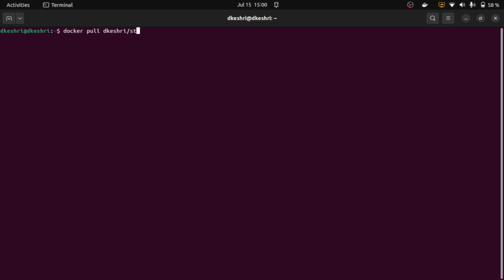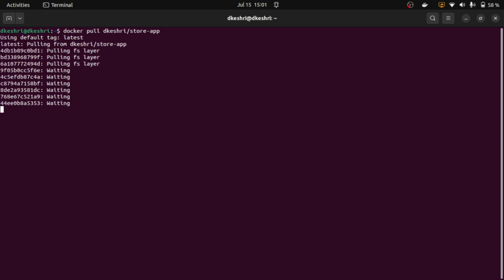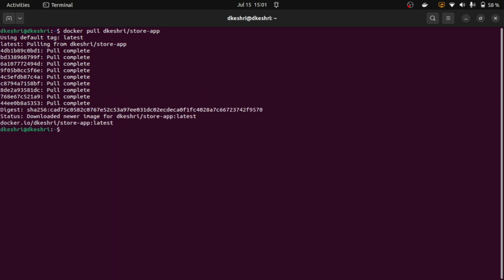So if I type store-app, if I do not provide any tag, let's say from this 1.0.43, right, it will fetch this version, and if I do not provide anything, it will fetch the latest one. You can see that it's fetching. Okay, now when you run the image,